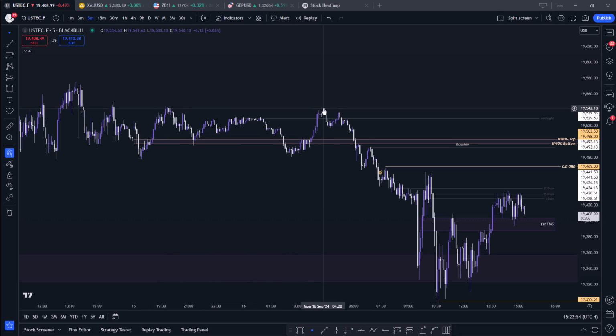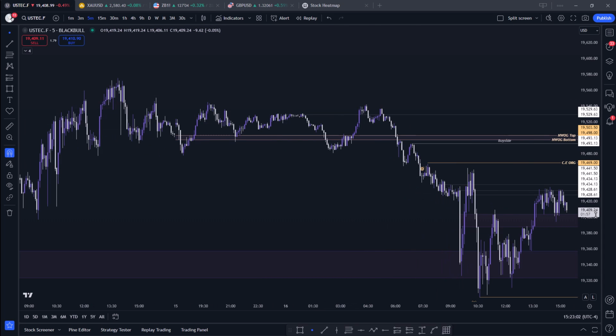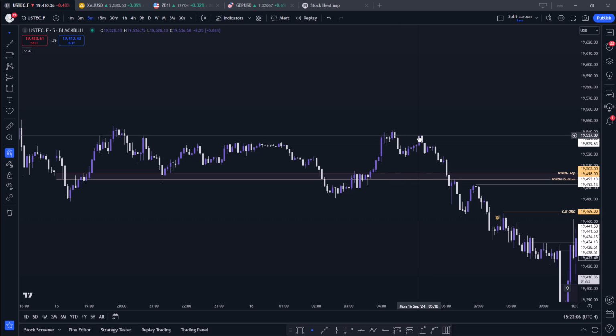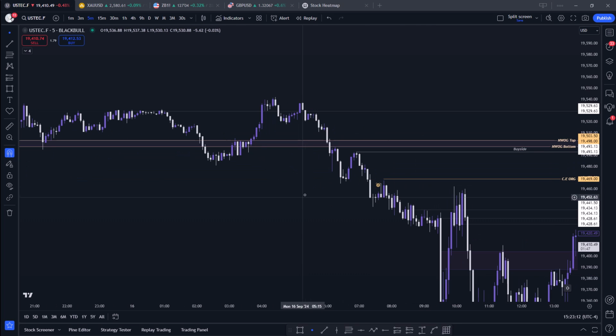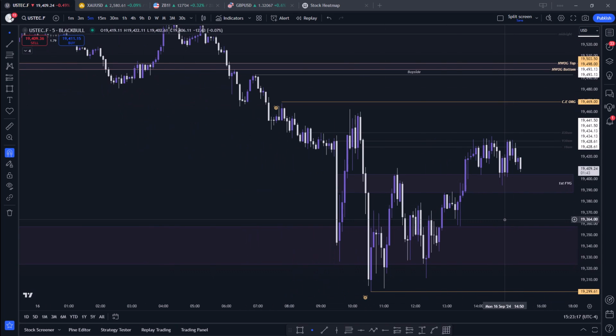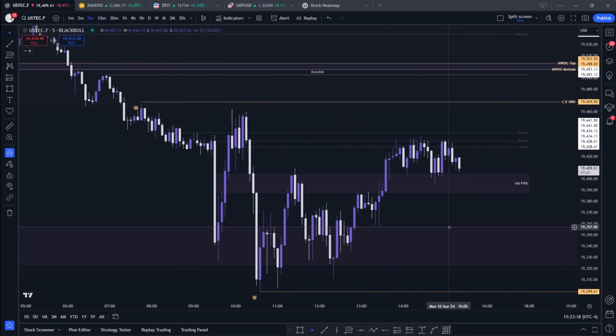If you check your charts on the S&P 500, you'd notice that we took this Asia session high, and at the same time, with this portion of price action, this portion here where we failed to take this high on the S&P 500, we succeeded in taking it. I'm not going to show that on this time frame in this video. You just have to look at your charts to see what I mean.